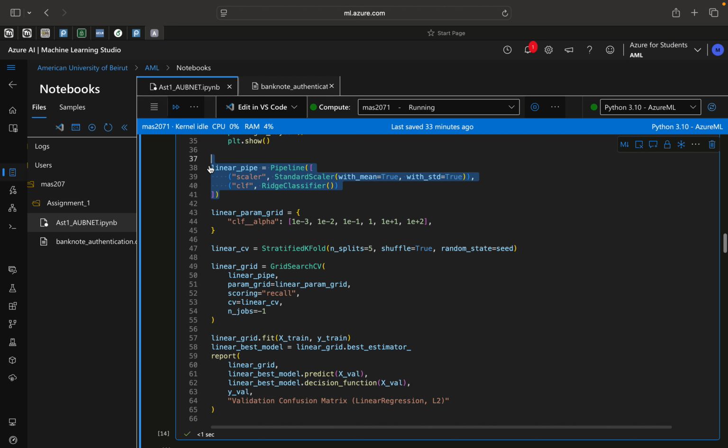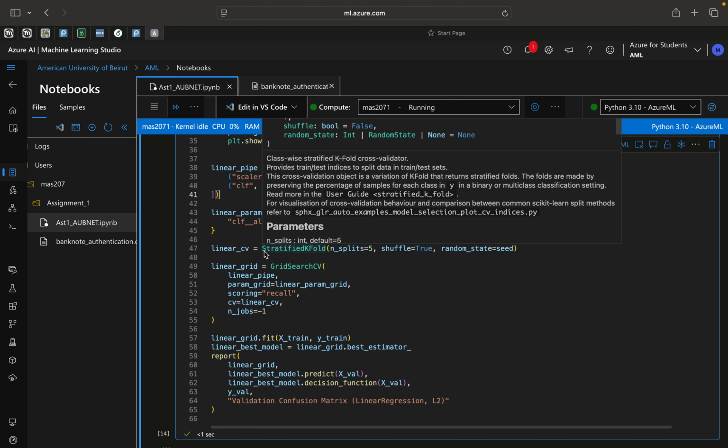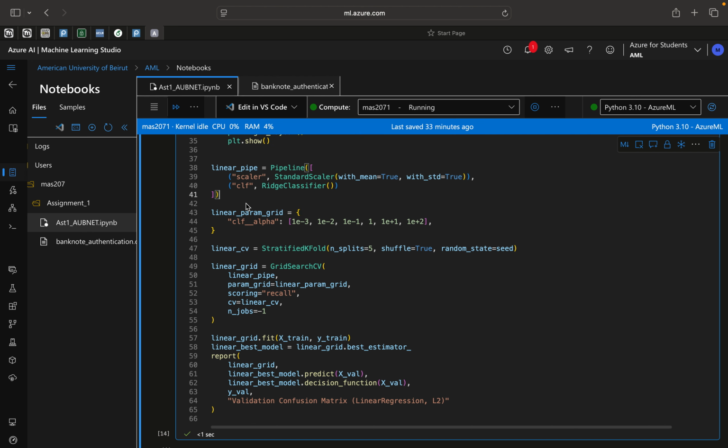Then we're creating a pipeline, which is basically combining multiple parts to form a single model. In this pipeline we have two components: a scaler and a ridge classifier. For the scaler, I've decided to use a standard scaler, which uses the mean and the standard deviation. What this does is basically standardize the input data